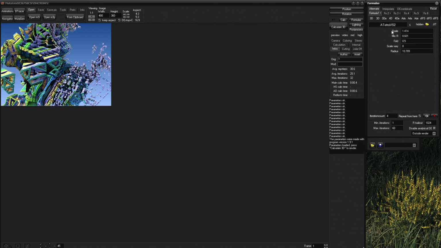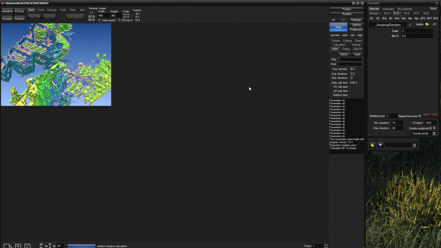You see, on the first formula we got scale, so it will randomize this value. So I go there, and scale, I keep it at the default. It's okay. I will make 10 iterations and 2 iteration count for this one. And for the other one, I will keep it as default. So now if I calculate, you see, I've got this.